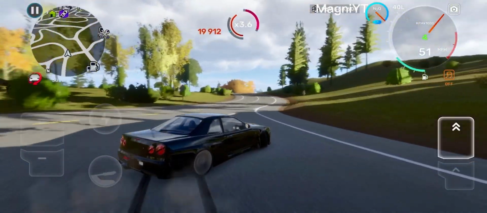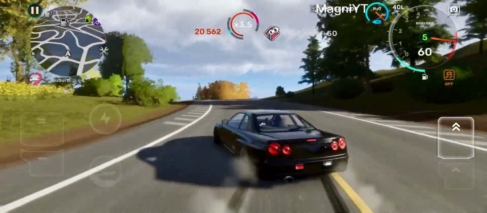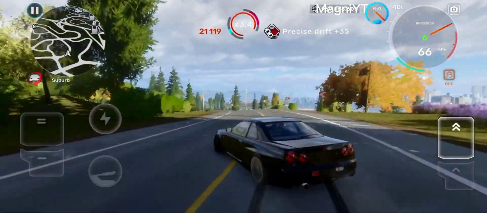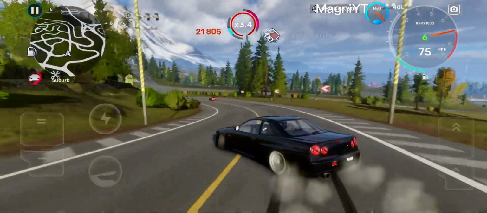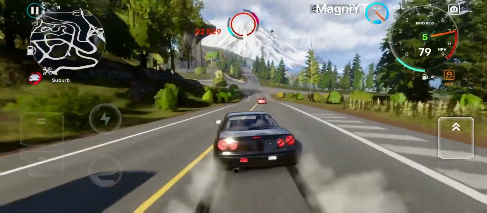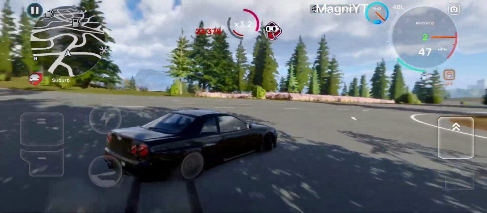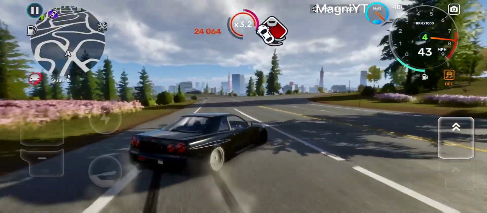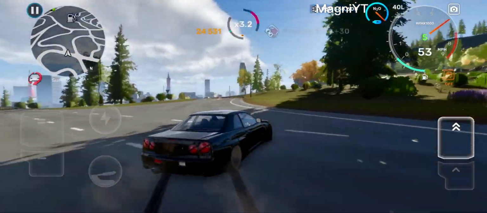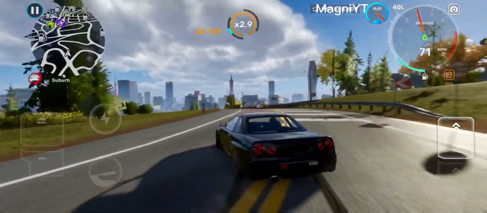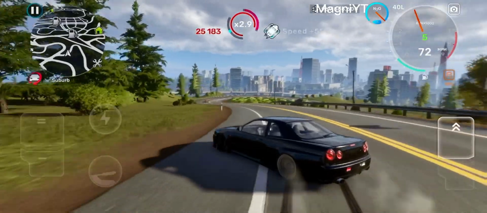So you can see there is a lot more to fix on iOS. Now, the truth about CarXstreet Android is that there isn't enough room for this game on it. It needs more time. We all know iOS performs better with gaming, and with this issue, they need to take a lot of time to work on it, and also for iOS. I know this is heartbreaking, but let's accept the fact.